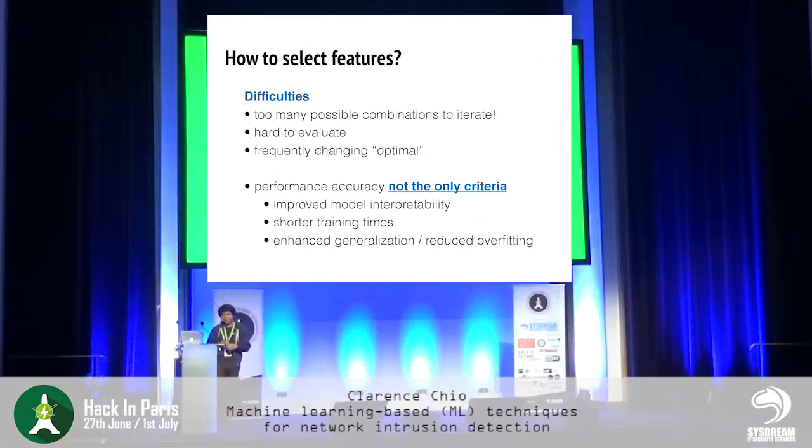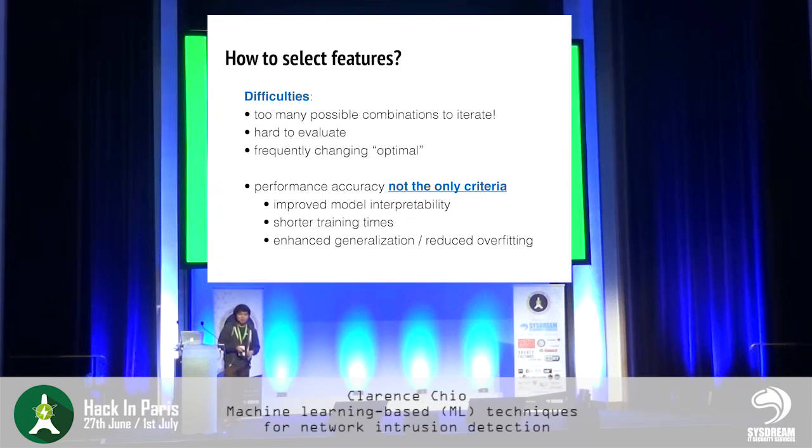So it's difficult because there are too many combinations to iterate over. It's hard to evaluate in the first place, and there's a frequently changing optimal. Let's say you run a web server, and there are different notions of normality over time. Web servers don't see very stable traffic. If your website sees more traffic today, is it because there is a botnet trying to attack you, or maybe your site has just been featured in some more popular outlet and there's more publicity, or you're holding some kind of promotion or sales event? So it's not really obvious what is optimal and what is not if you don't have a proper evaluation scheme.